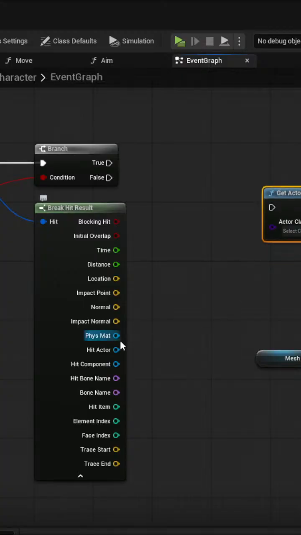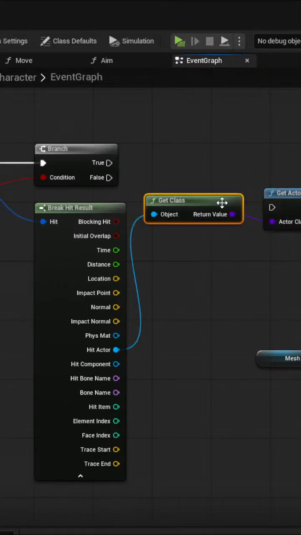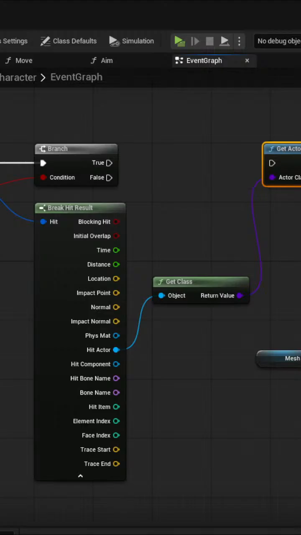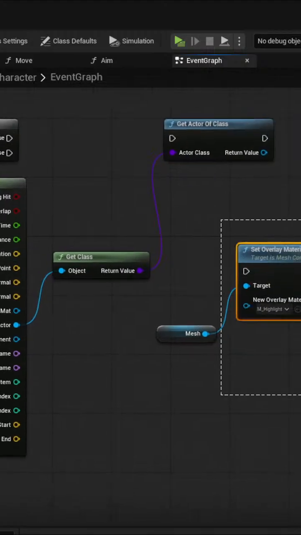That's not going to work. Can't plug that one into that. Don't think that is going to work, but